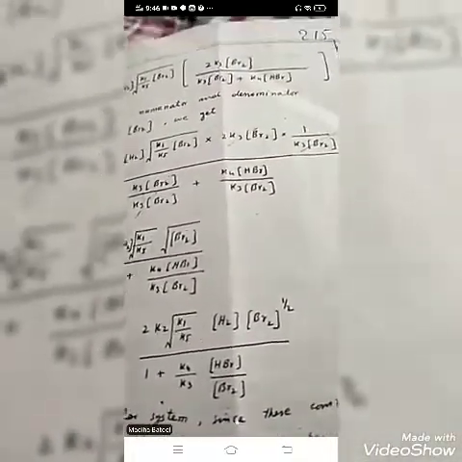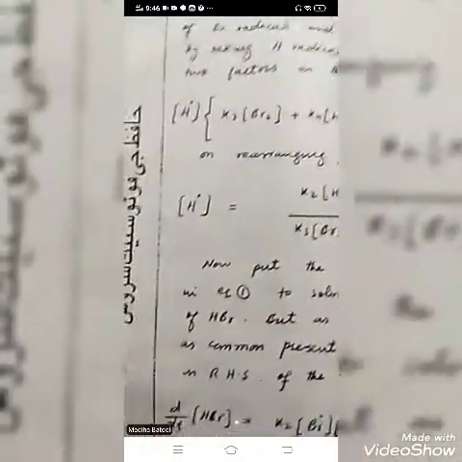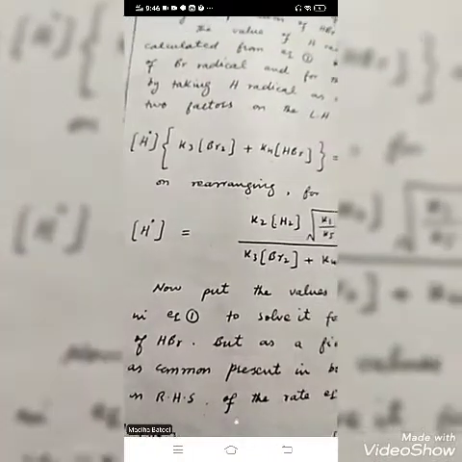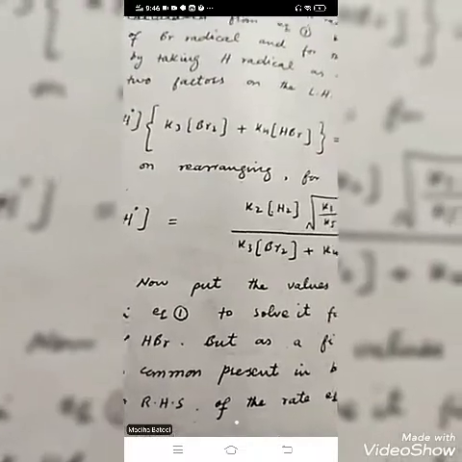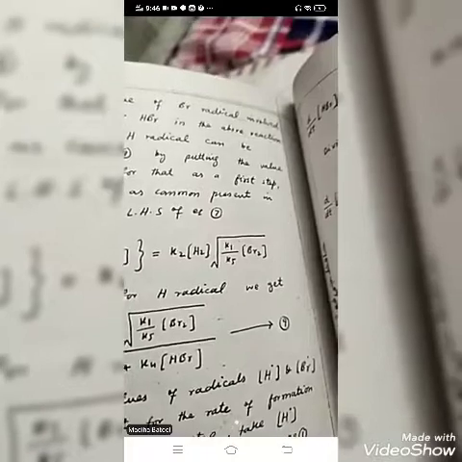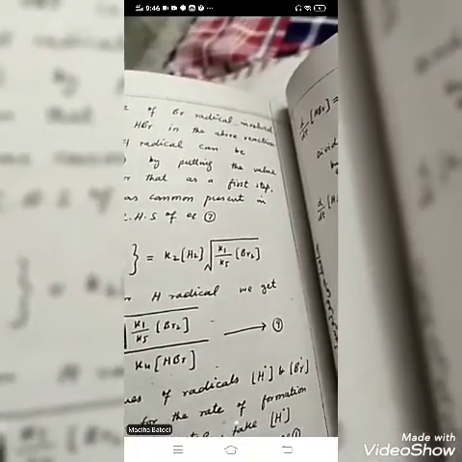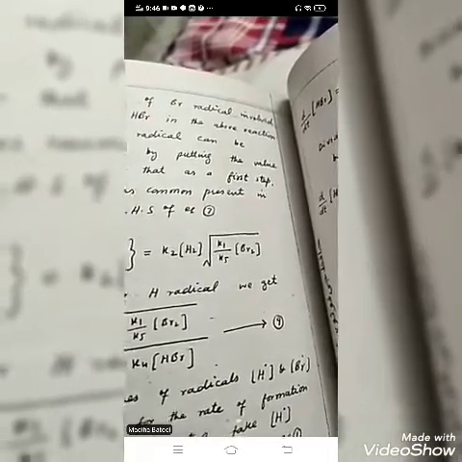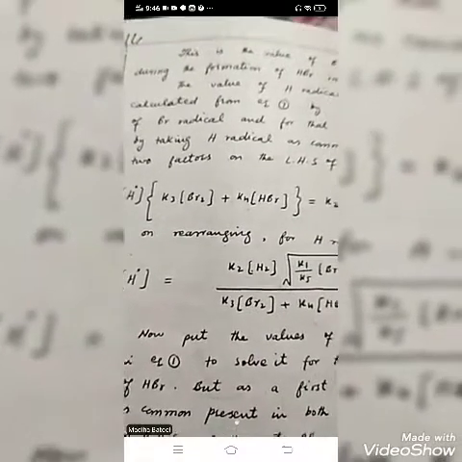You can see here that the Br naught calculation was previously solved. We put the calculated value of the bromine free radical in equation number 7, which was previously used to calculate the hydrogen radical. And now you can see that we calculate the value of the hydrogen radical, H naught K3 Br2,